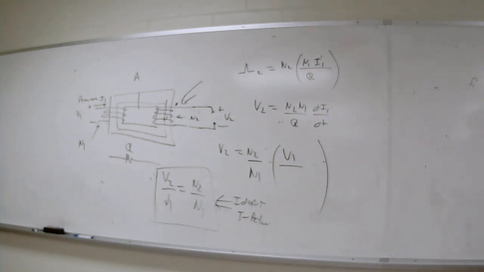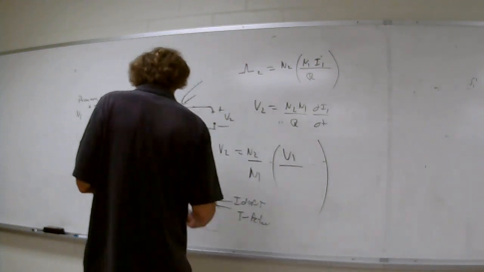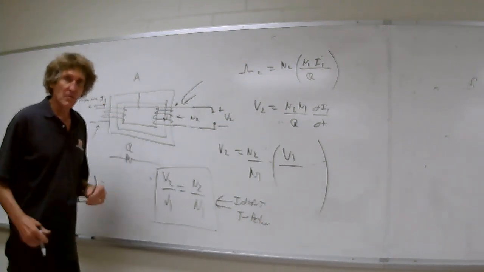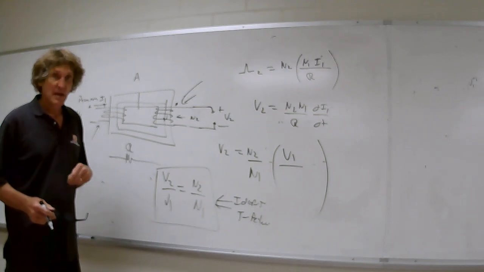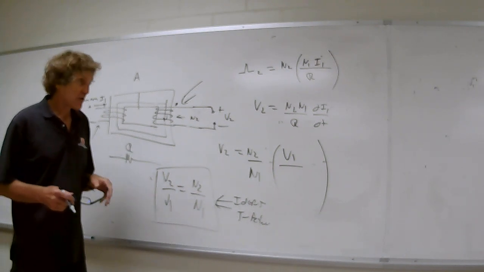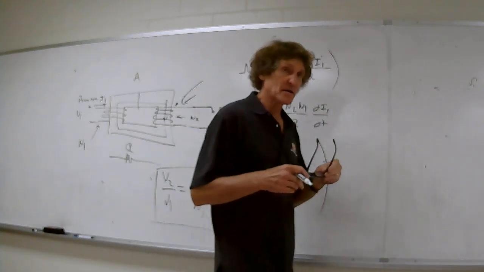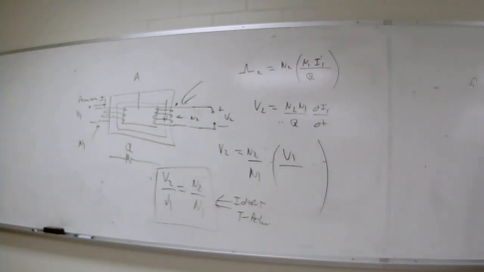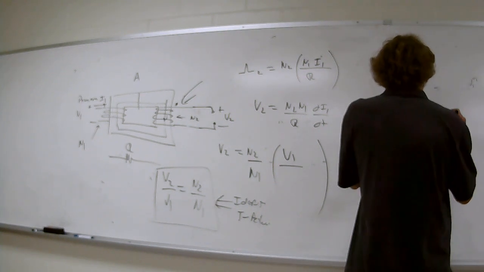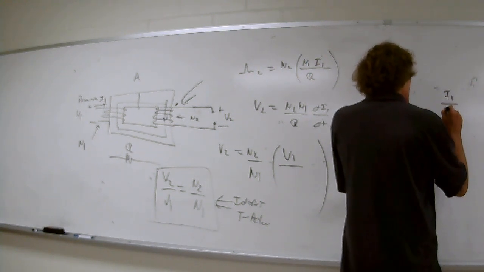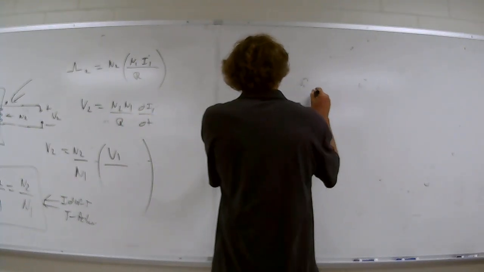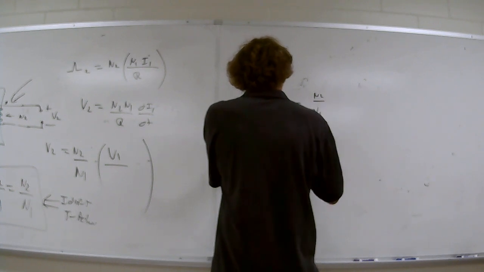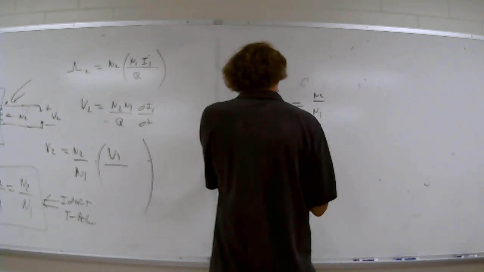But I want to make it real simple for you. This relates to voltages. All right, so here's the deal. More turns, more voltage, fewer turns, less voltage. But there's also a relationship for current. I'm going to just put this down. I don't have time to prove it right now. Current is inversely proportional. For current, I1 over I2, since it's inversely proportional, would be N2 over N1. Or you get I1 times